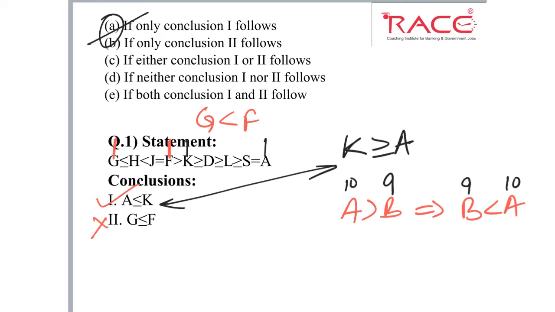So this is the way to find out. First, mark the elements in the statement. Second, check whether there is any opposite sign between them or not. If not, then check for the highest priority symbol. Whichever is the highest priority symbol between those two elements, that is the final sign between those two elements. So this is how we solve it. Next, solve the next question.